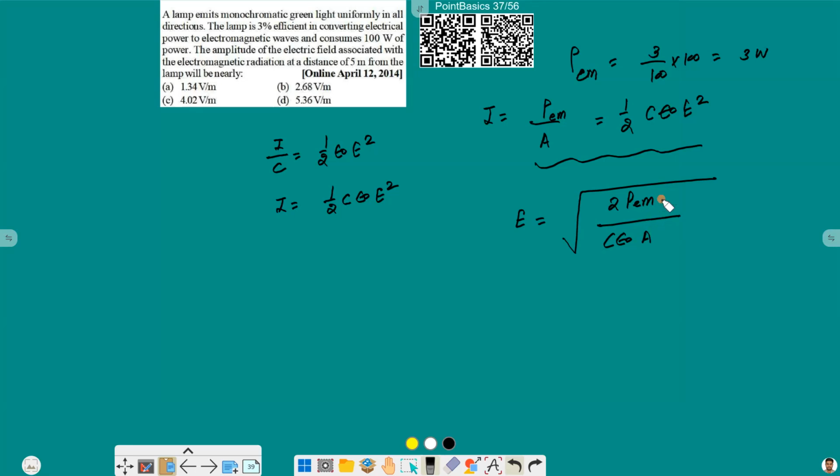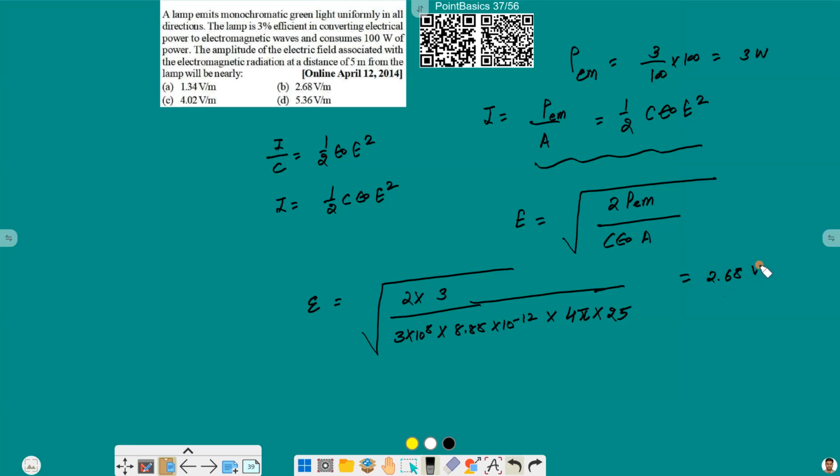Now substituting values, we will get E is equal to 2 into 3 divided by 3 into 10 raised to power 8, into 8.85 into 10 raised to power minus 12, that is epsilon naught, and the area will be 4 pi into distance square, that is 5 square, that is 25. On solving, we will get it around 2.68 volt per meter. That is option B. Moving ahead,